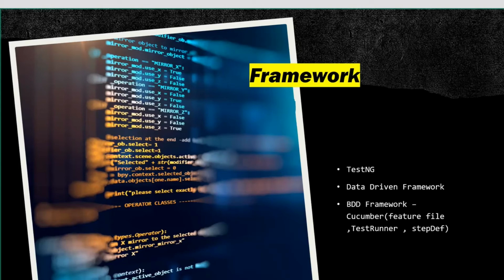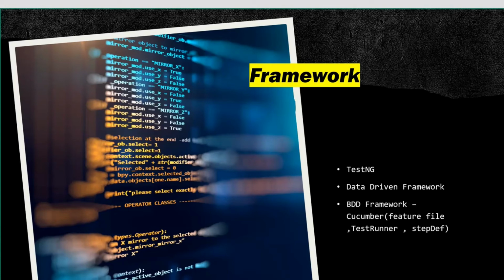You can also make your scripts data driven. What does data driven mean? The same test cases should run with different data. There are certain annotations provided by TestNG which we will cover in our TestNG framework. Once TestNG is covered, we'll move to the data driven framework.